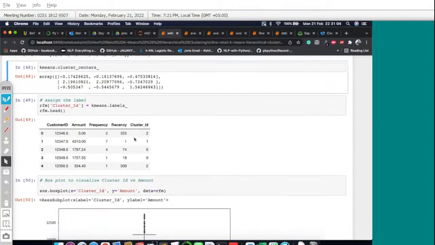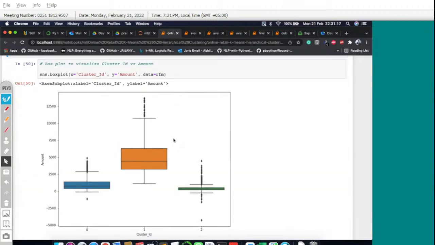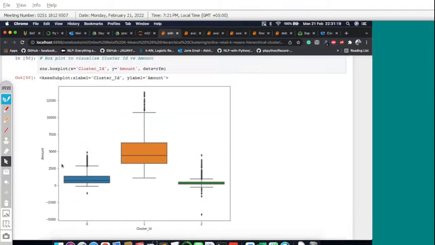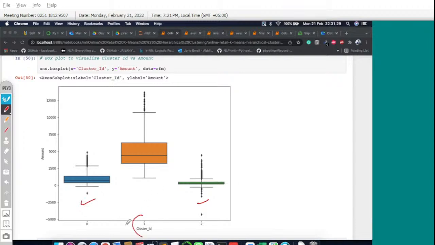Now, we have simply placed the cluster ID in the original data where we have amount, frequency, and recency in their original scale, not the standardized one. So we have given the cluster ID and now we are plotting. So see, this is the amount factor. We have 3 clusters. Cluster 0 and cluster 2 look similar, but if we see the people in cluster 1,